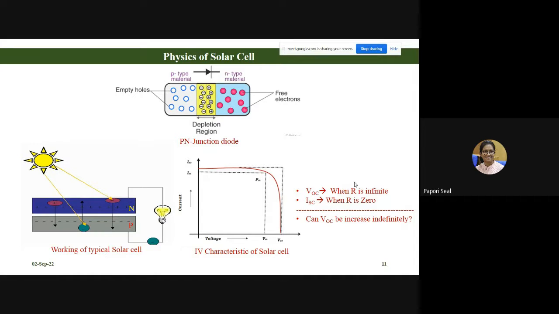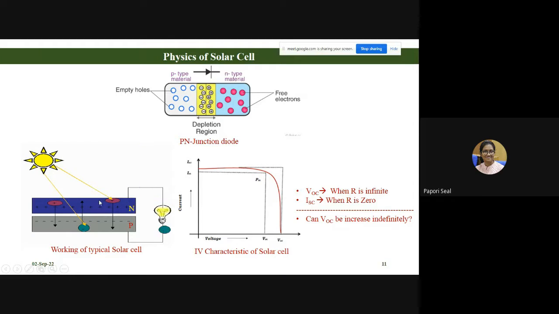That means, can we increase this voltage indefinitely? If we continuously provide light, will this voltage increase? This light is creating electron hole pairs. Now electron hole pairs are accumulating in these regions. Here on the n side electrons are accumulating and on the p side holes are accumulating. If you continuously provide light, will there be so many electron hole pairs that this potential difference will become infinite? No, because if you create more and more electron hole pairs by providing more and more light,